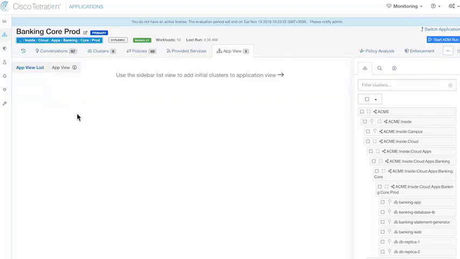It's the same data, and when you click here, you'll see it's a blank sheet of paper with some objects on the right-hand side that I can choose to drop onto the canvas or not show on the canvas. You can have multiple application views. It doesn't really affect the policy that is going to be enforced on any workload. It might be that you want to have a high-level application view to show to executives and a more low-level application view that shows all of the very, very detailed policies to someone that really cares about those, perhaps a